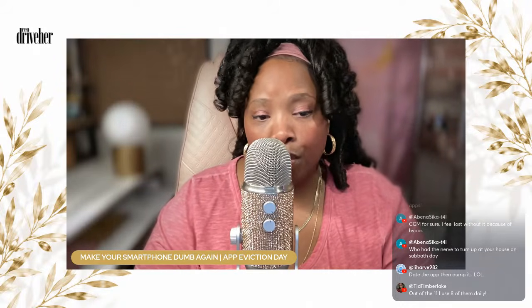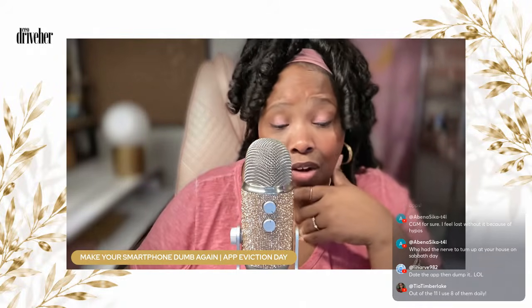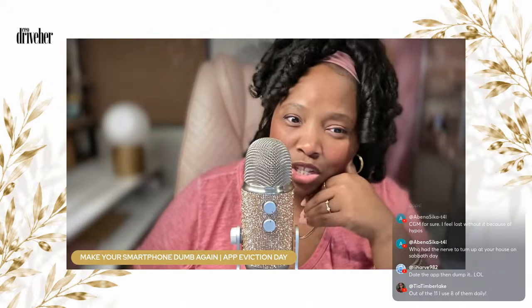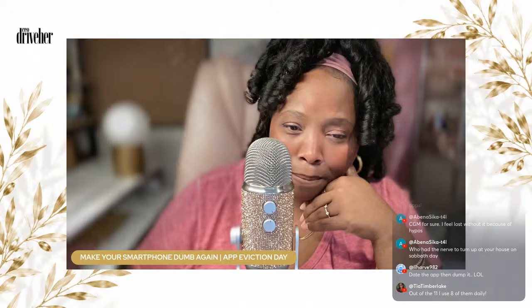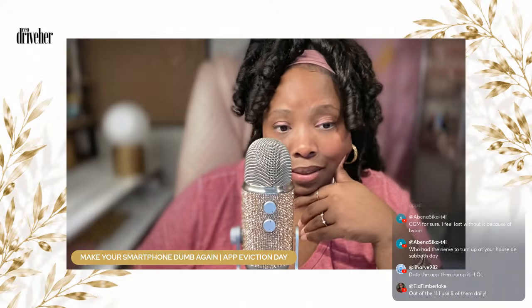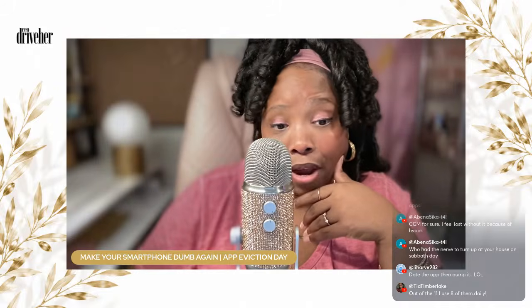And look at photo permissions. Does every app need your entire photo library? Why does an app need access to your photos? Does it need the microphone forever? It doesn't. Delete it. They're using the microphone in the background.